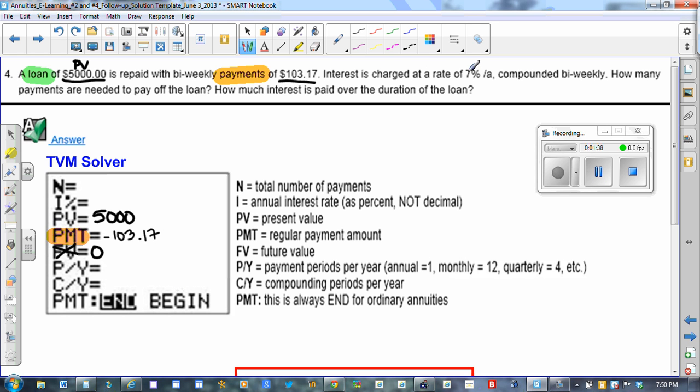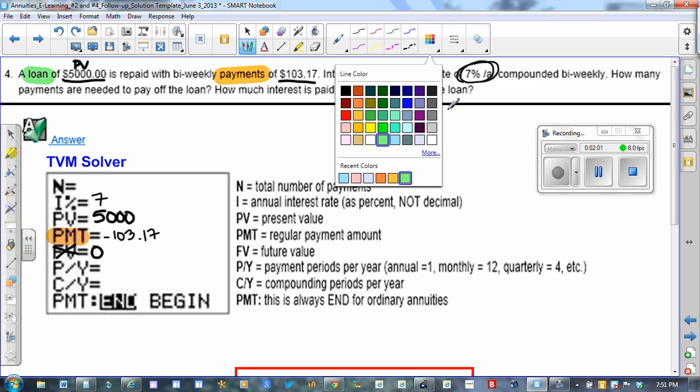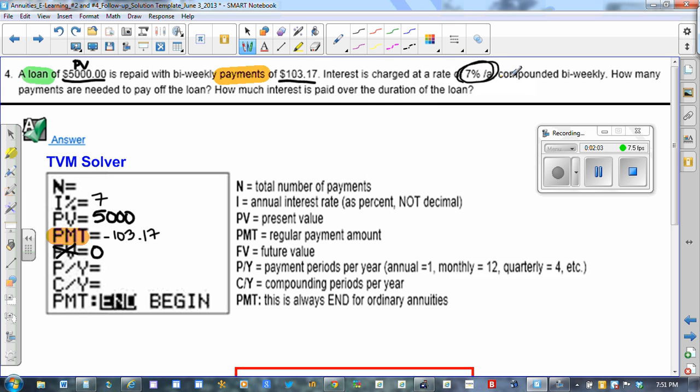The interest rate is given as 7%. So let's put that in. And last but not least, we need to deal with PY and CY along with the N. So if we consider the compound, we're going to highlight this too. The compound is, again, 3 times the charm here,